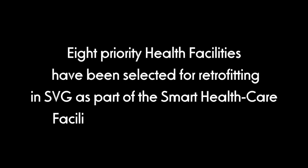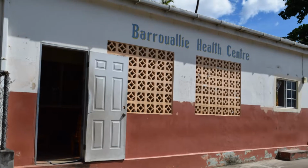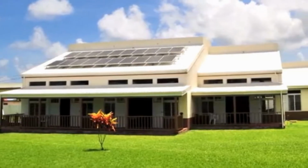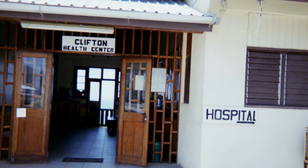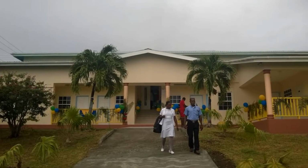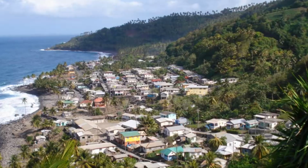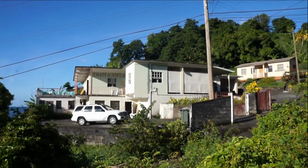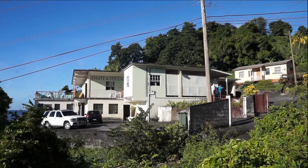8 priority health facilities have been selected for retrofitting in St. Vincent and the Grenadines as part of the Smart Healthcare Facilities in the Caribbean project, to include Barley Health Center, Georgetown Clinic, Stubbs Polyclinic, Clifton Hospital on the Grenadine Island of Union, Port Elizabeth Health Center on Bequia, Mayreau Clinic, and Sandy Bay Clinic. The Chateaubelair Hospital and Health Center will also be retrofitted and has been selected as the